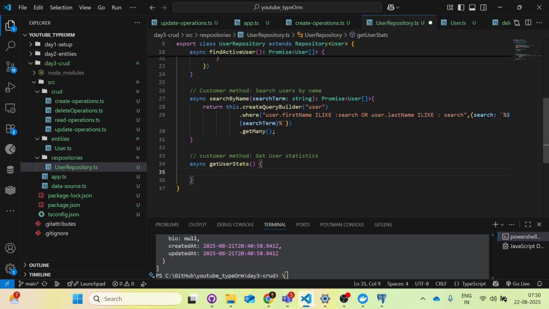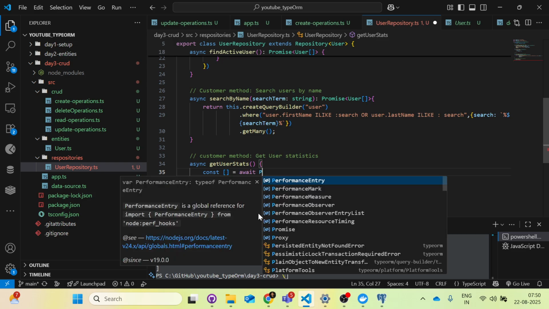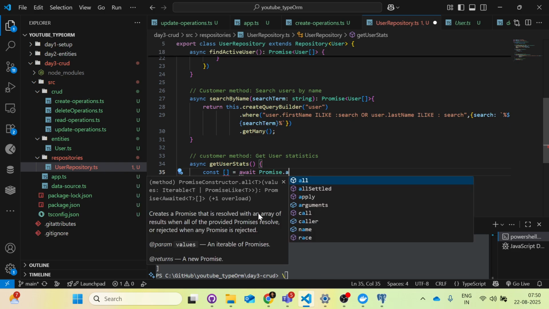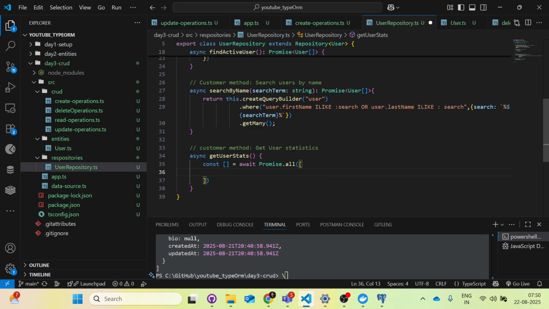First of all, let's perform the query builders. We want three things: total users, active users, average age. So how can we get that? Let's take await here, and we'll create one Promise.all,